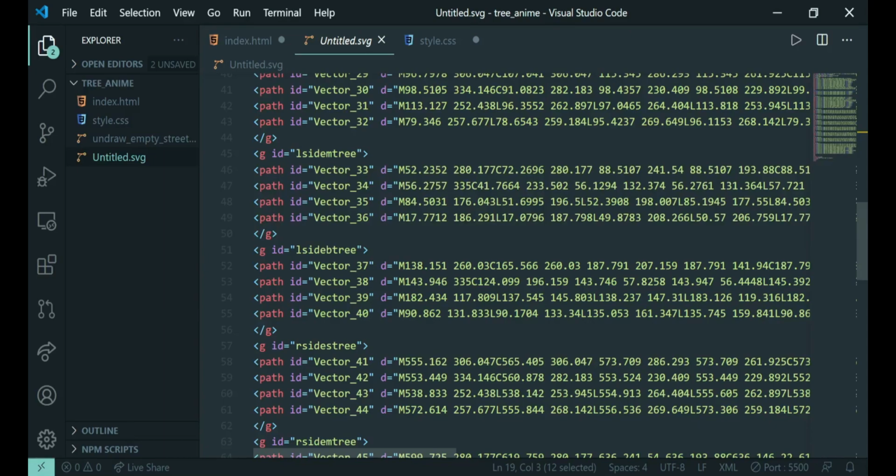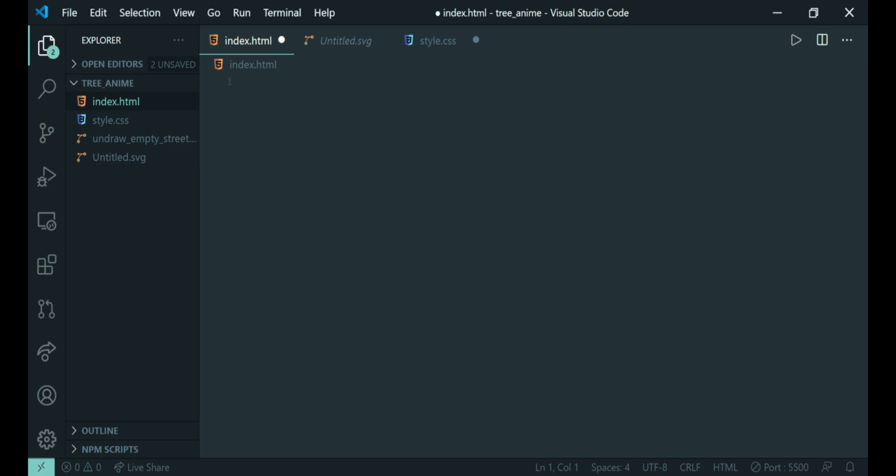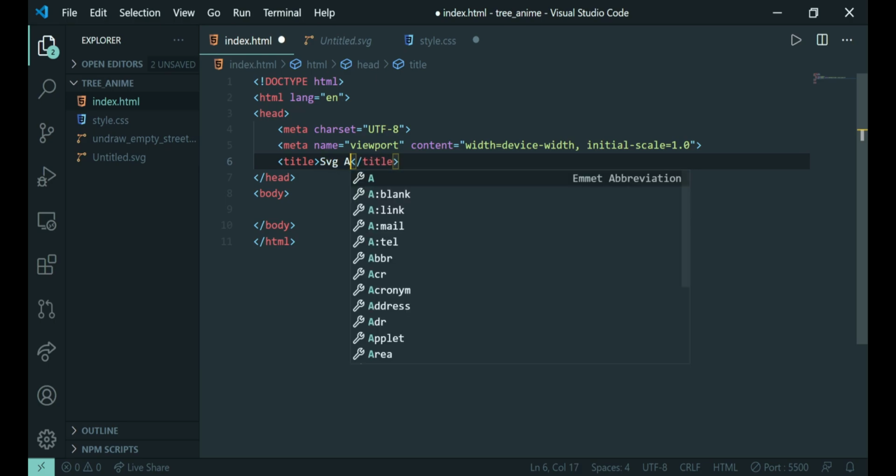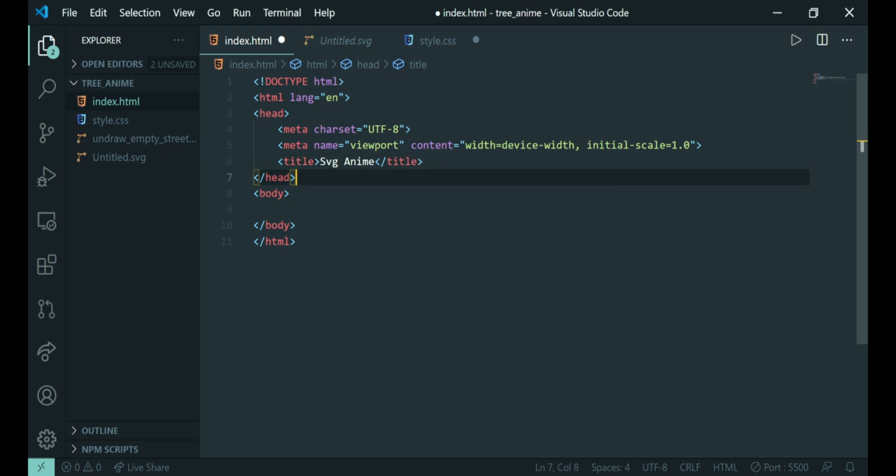Now, how do we give animation and select this in our HTML and CSS files? First of all, let us create an HTML page, and here we can give it a title, then we can link our CSS file using the link tag.